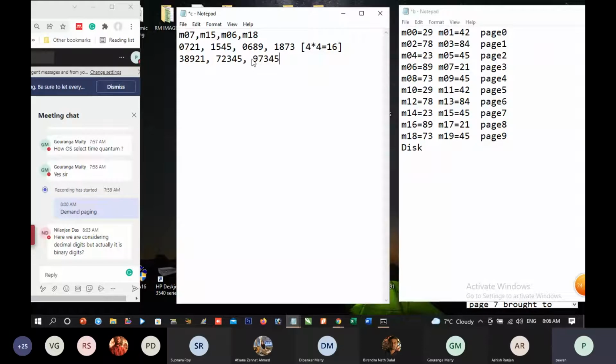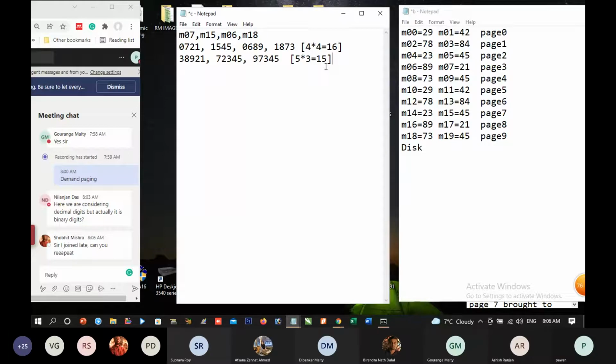So we have stored this information in this format. Okay. So previously 16 digits were required to store the information. Now 15 digits are required.